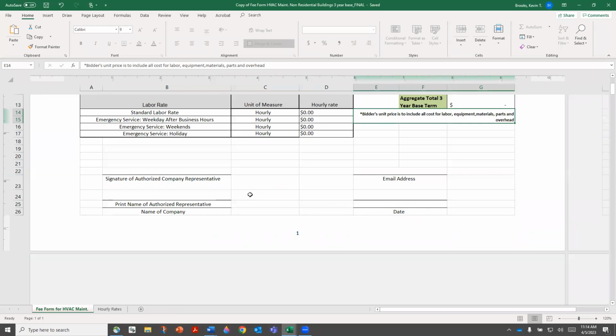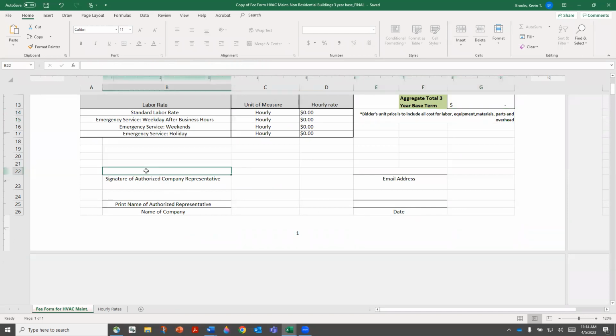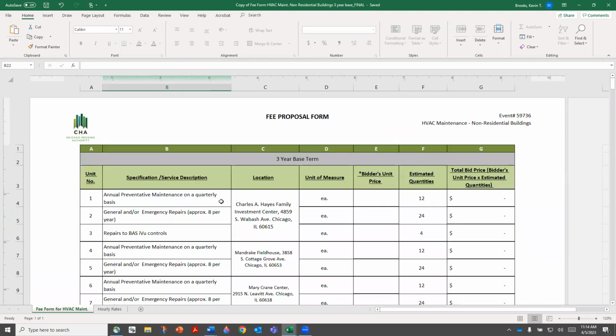No problem. So now here, once again, because everything in here is a binding price, the signature of the authorized company representative will go here, their contact info, their printed name, the date, and the name of the company below. So this is just covering one element of what can be asked for in a fee form. If you're providing services and we've asked for a lot of different detail within one fee form, you're likely to see something that is,